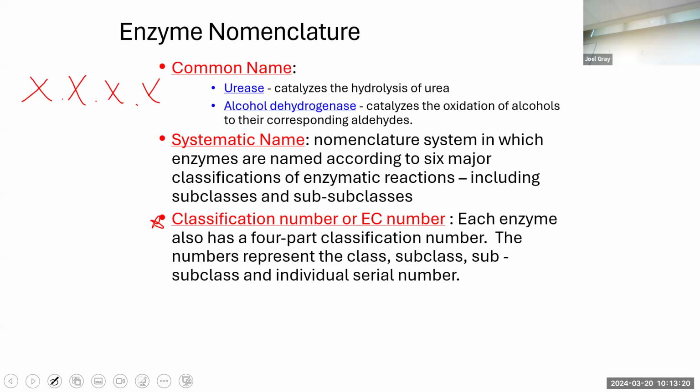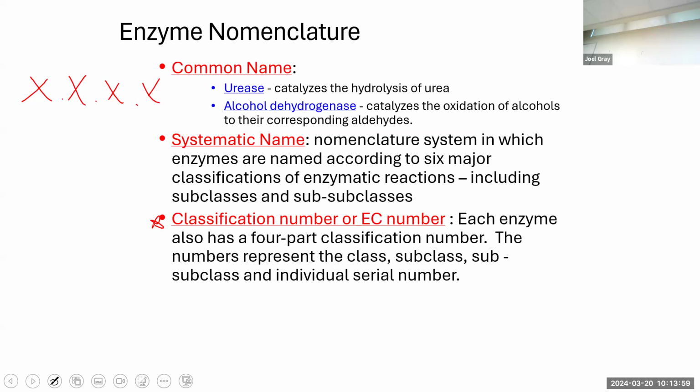Does everyone follow that? Enzymes have the same thing. The first digit represents an enzyme that is going to break a double bond and use water to do so. The next number would be something like, it's acting on this specific substrate. The next one would be, it's acting on this specific substrate with this variable, and then that is a specific enzyme. So this 4-number sequence is to funnel down from 12,000 different enzymes to classify them into 6 different groups.